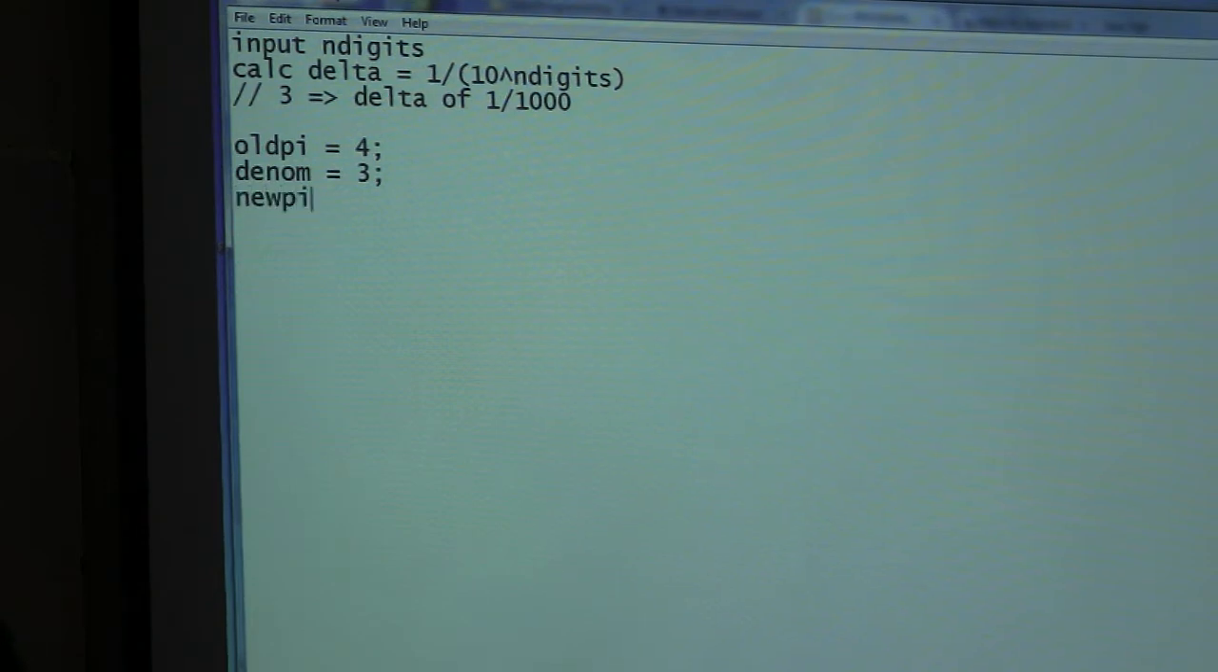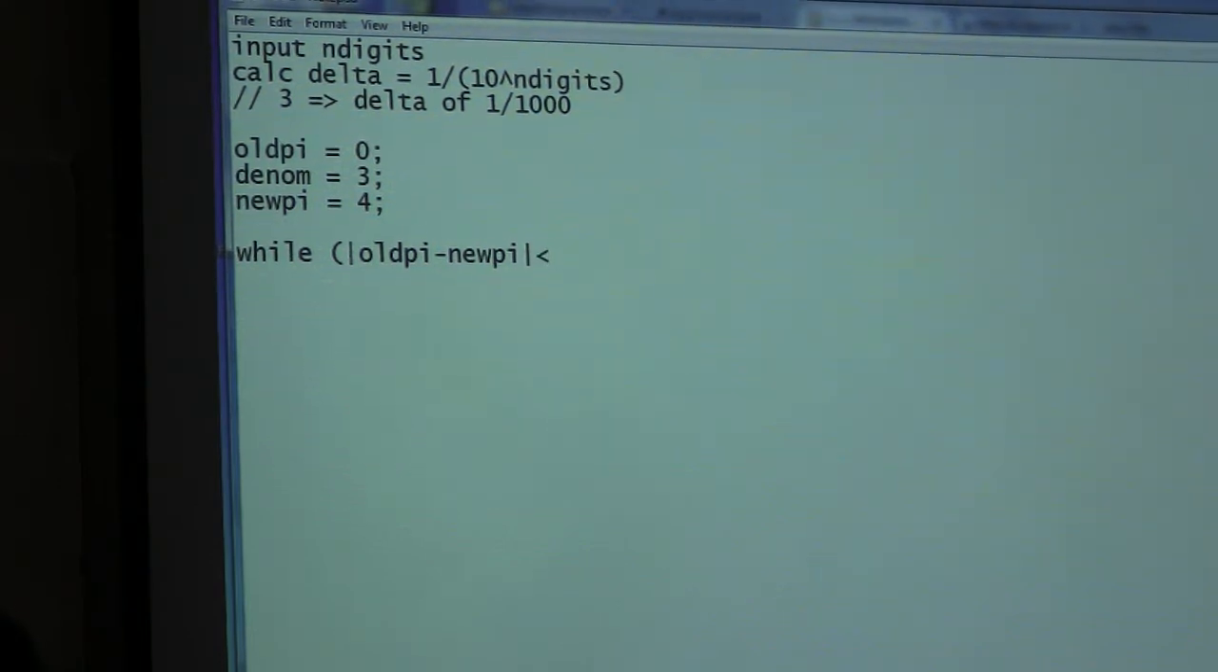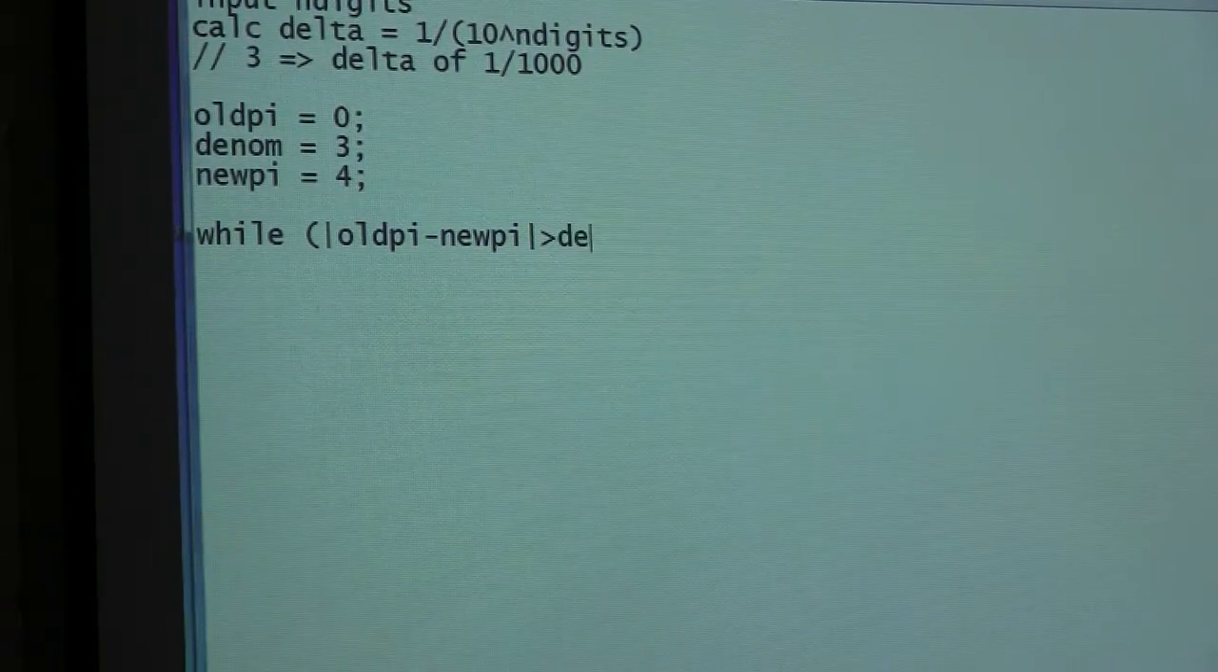We could say new pi. Let me change that. I'll say old pi is 0. New pi is 4. Change my mind. I didn't sketch this out. I probably should have sketched it out ahead of time. And then I say while, this is the threshold check, while the absolute value of old pi minus new pi is greater than delta,